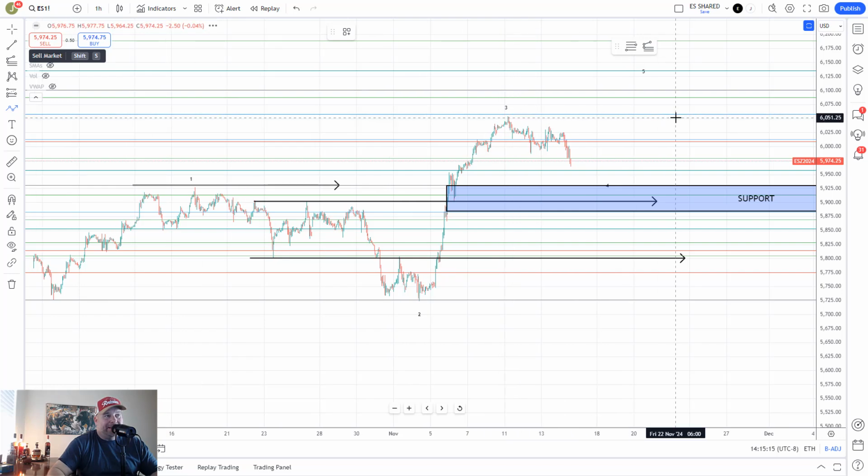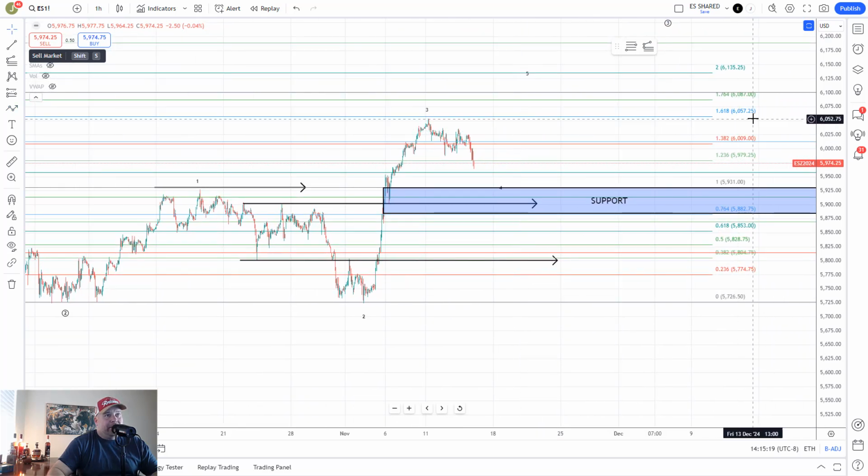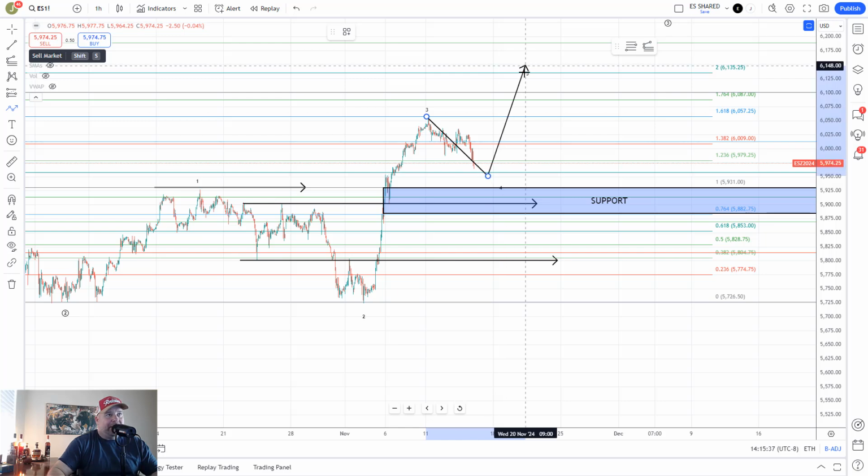That blue line is the fib. If we zoom out, we can see that right over here. 60.57 came right below that on the extension. Then I said they should be looking to pull back into our support box, or at least to the top of it. The 1.0 is the typical pullback here off the 1618, and that's at 59.31. As long as they hold above this support box, this will be a valid wave 4 of 3, and we look for 5 up toward the